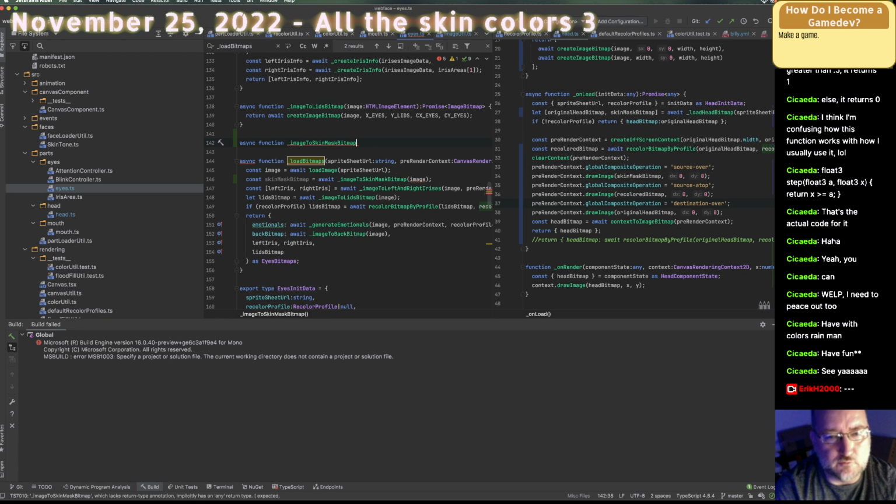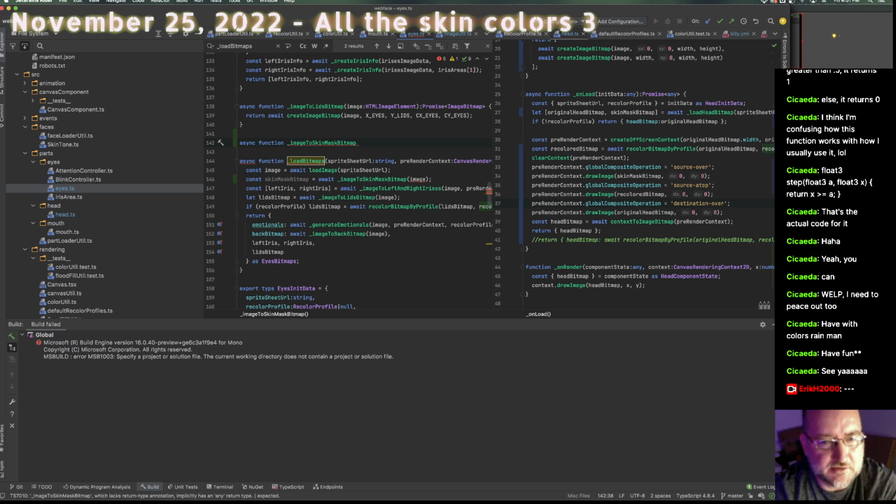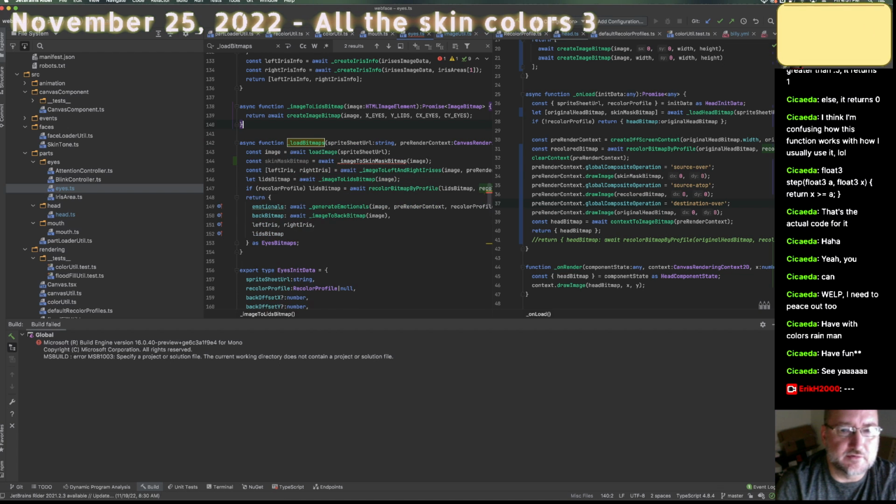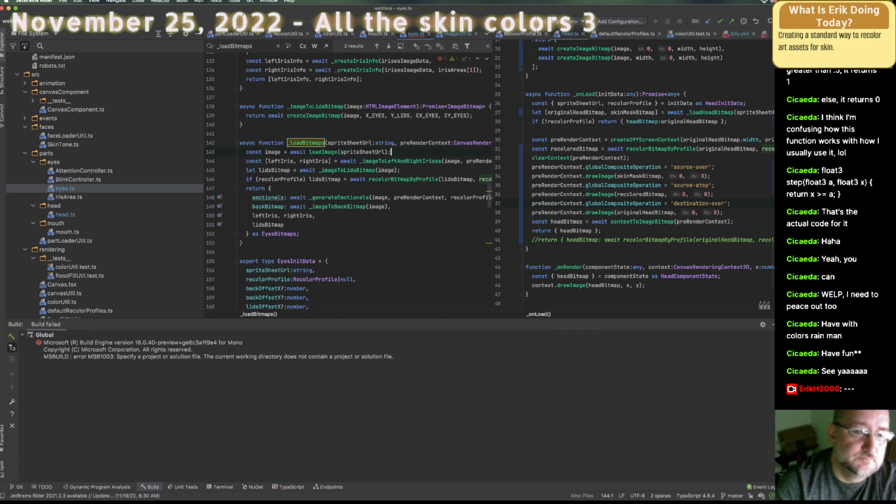There's a question. Do I want to do it that way? Do I want to get that skin mask bitmap right here, or do I want to get them inside the generate emotionals? I think that's where I want to get them. So let's take that out. I don't need that for